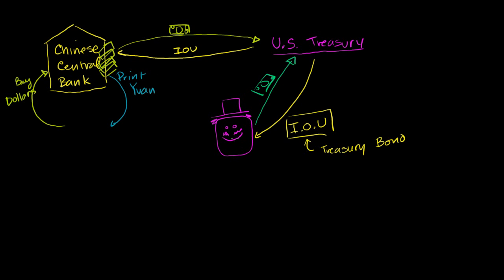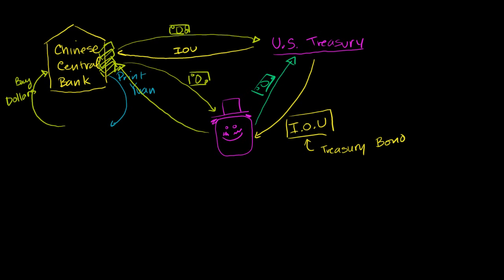Or they can go to the open market, which is a very, very deep and liquid market, and give these people right over here money, and then they would transfer the IOU over to this central bank. So what is essentially happening here? The Chinese central bank is printing money to buy dollars that it will then essentially lend to the US Treasury. It looks kind of convoluted, but the essence of what is happening here is